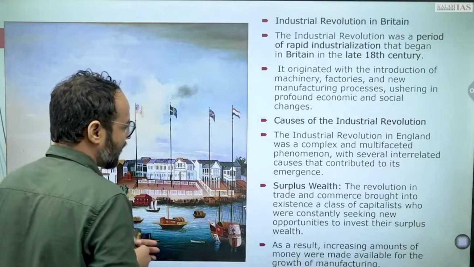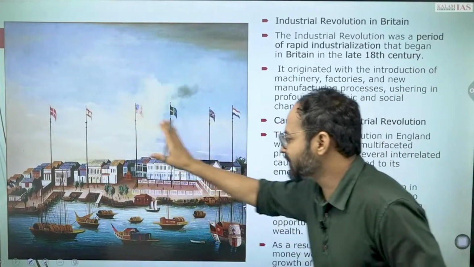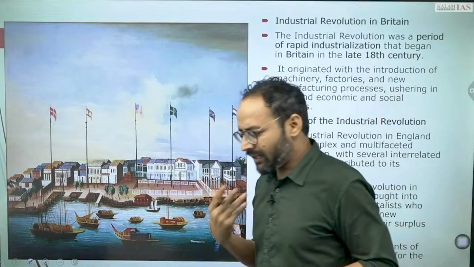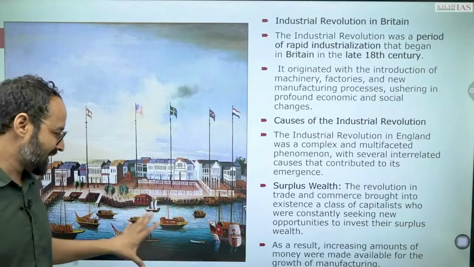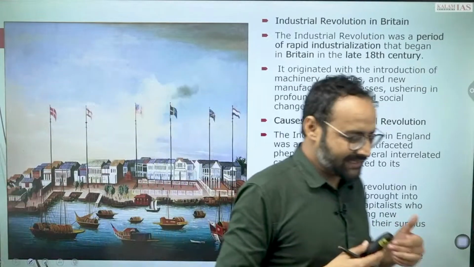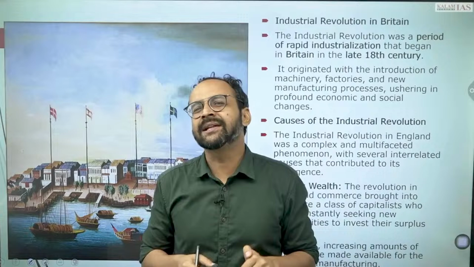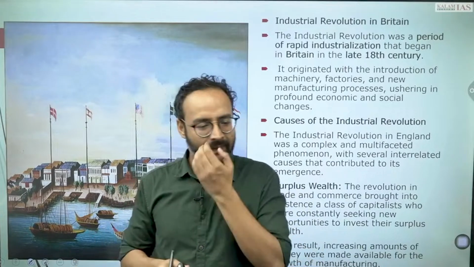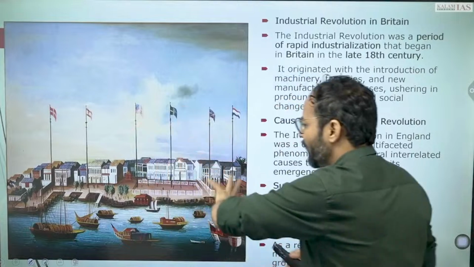So this is a kind of picture you can see, which shows that here there are factories in Britain, and these ships are bringing raw material from the colonies and exporting the finished goods to the colonies. Sounds very crude, looks very old fashioned, but that's how it started in 1760s. Between 1760s and 2024 where we are sitting, if I may calculate, it's more than 250 years ago, more than that. So that's how it started.